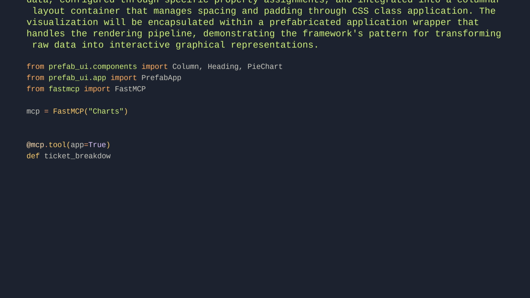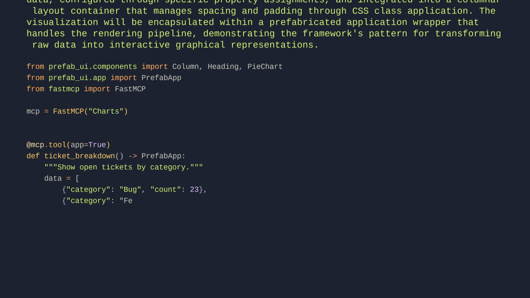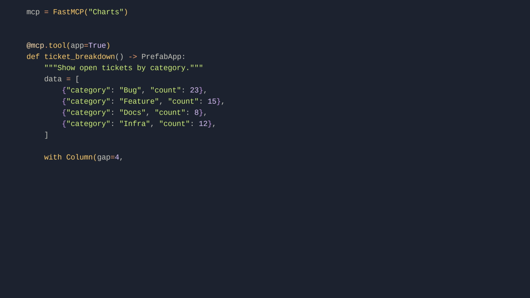def ticket_breakdown() -> PrefabApp: "Show open tickets by category." data = [{"category": "bug", "count": 23}, {"category": "feature", "count": 15}, {"category": "docs", "count": 8}, {"category": "infra", "count": 12}]. With Column(gap=4, css_class="p-6") as view: Heading("Open Tickets")